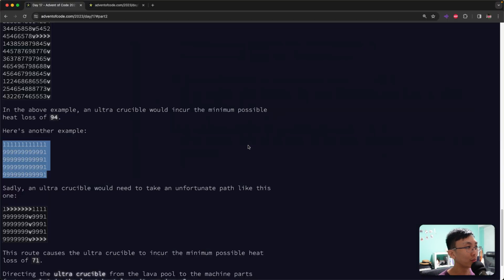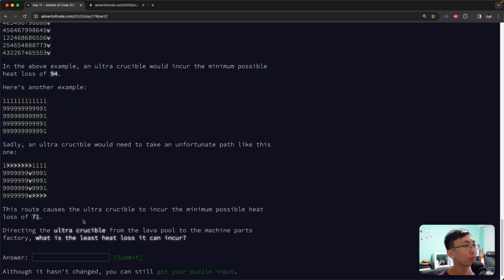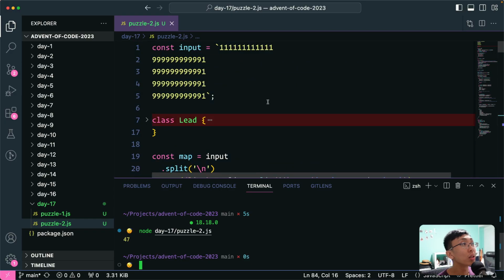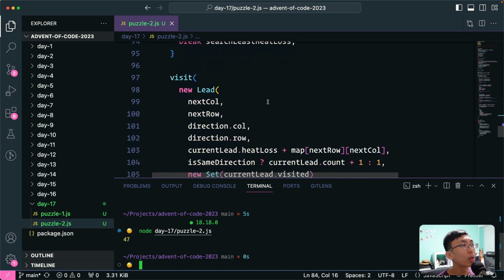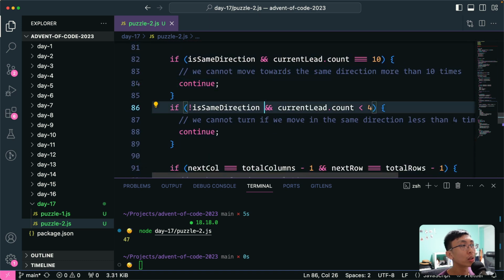We get 47. This should be 71. No, it's incorrect. Oh my god. Why? Okay, so here this is this case. So this logic, if it's the same direction,